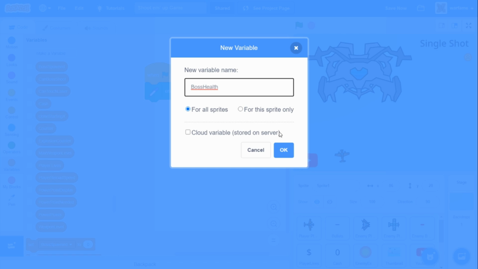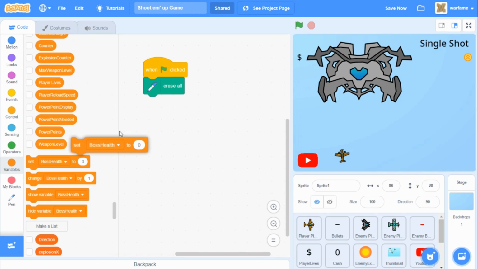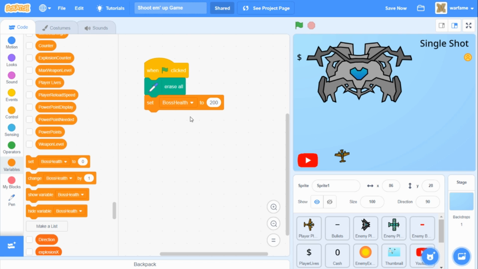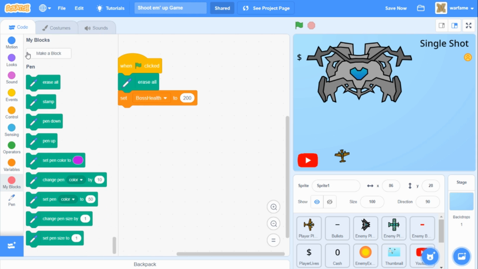So I'm going to click OK. And then after the flag is clicked, I'm going to first set the boss health to something like, let's just say 200. And then based on our boss health, we are going to draw our health bar. So let's go to My Blocks, and then I'm going to create a new custom block,